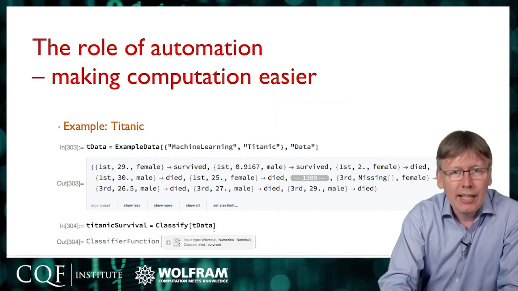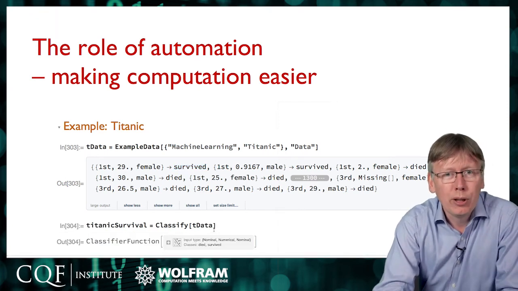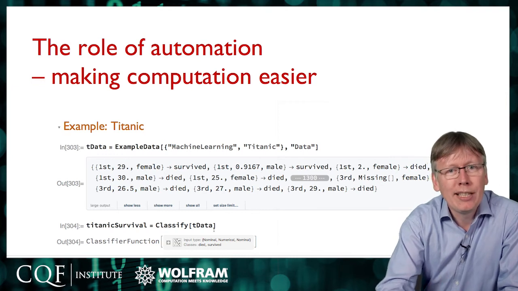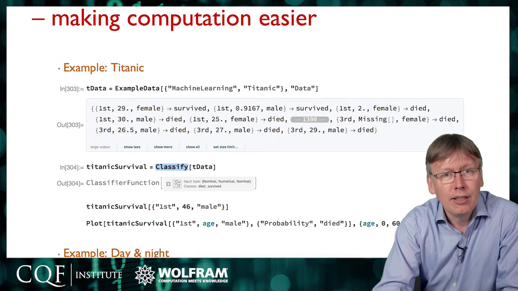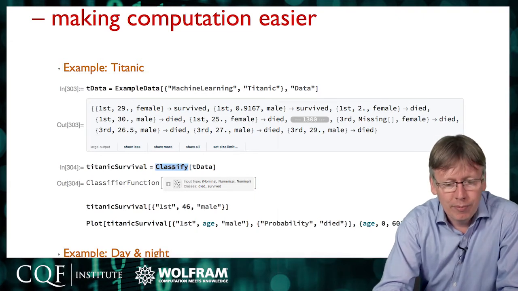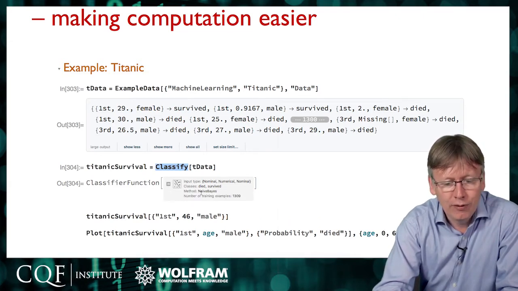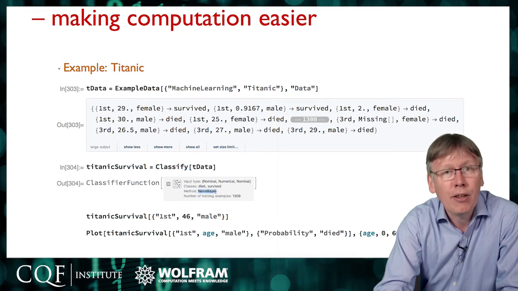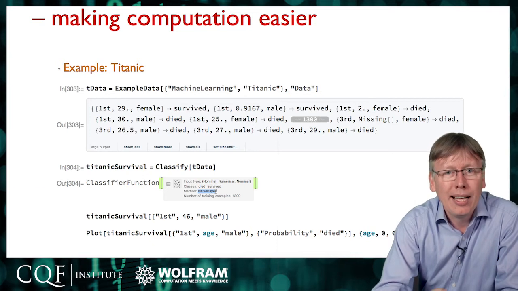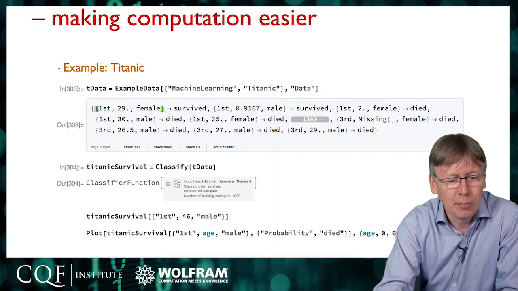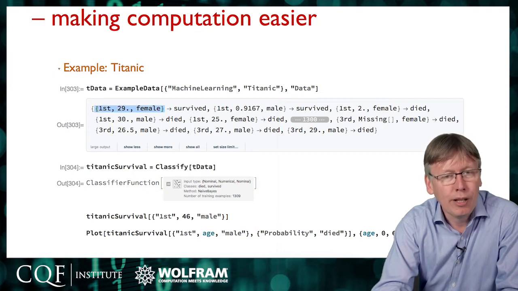Well, our approach is to say that's automatable. We can put in algorithms to help you find which is the right algorithm. And so when we say classify that data, that's a task, not an algorithm. The algorithm in this case has been chosen for me automatically. It's chosen the naive Bayesian method. It's decided for some reason, which I guess I don't need to concern myself with, that that's the best method for a set of data that's got a couple of thousand points, is a string, a number, and a string